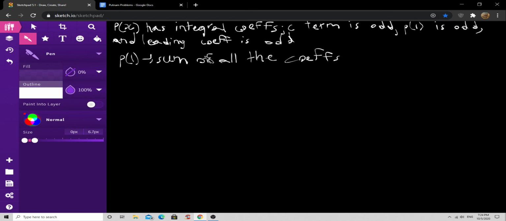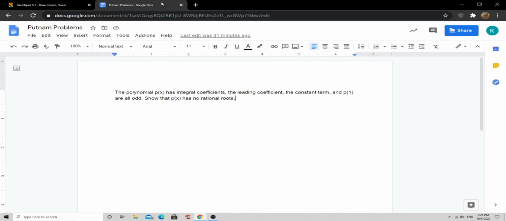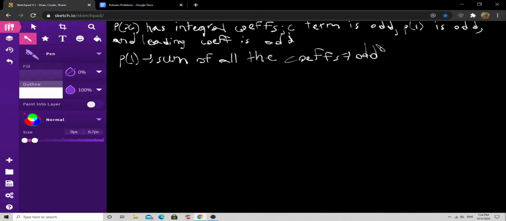So that means that it is actually odd. Well, no, sorry. The question told us that it was odd. So we know that the sum of all the coefficients is odd. And from this, I'll just write our first observation, and second observation,